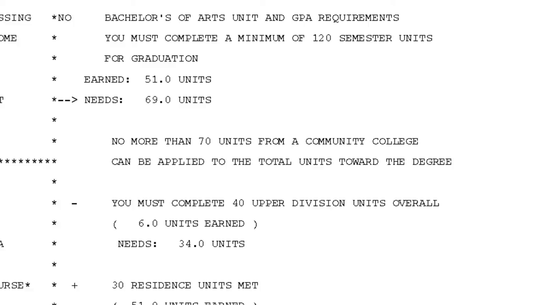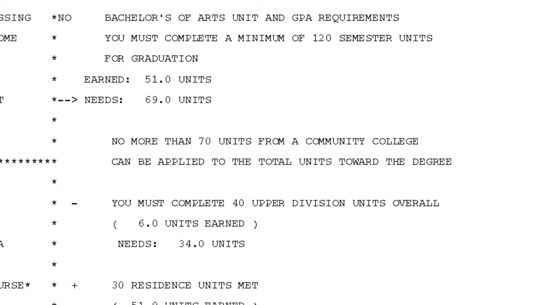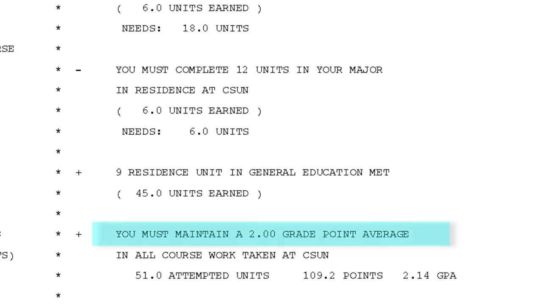If any courses are in progress when the DPR is generated, the courses will be listed in the appropriate sections with an IP shown in place of the grade. The remaining plus and minus signs indicate whether or not other overall requirements have been met, such as the number of upper division courses completed. Most of these will be satisfied as you complete the program, but you may want to look them over, especially as you near graduation. Note that students are required to maintain a 2.0 GPA in all coursework taken at CSUN.